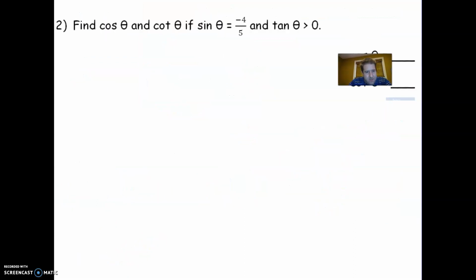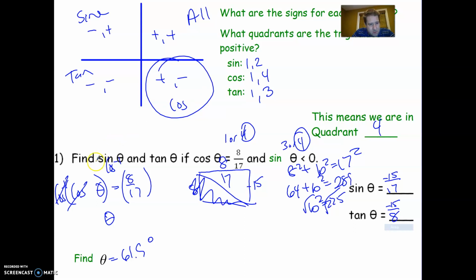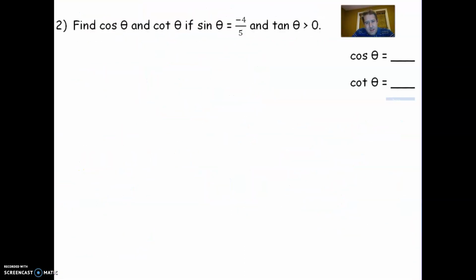All right, one more of these examples of solving. So using what we have learned so far, find cosine of theta and cotangent of theta. If sine of theta is, oh, I guess I didn't probably answer the question. Find sine, oh yeah, I did, there they are. So find cosine and cotangent, COT, sorry, I put CTN earlier, of theta, if sine of theta is negative 4